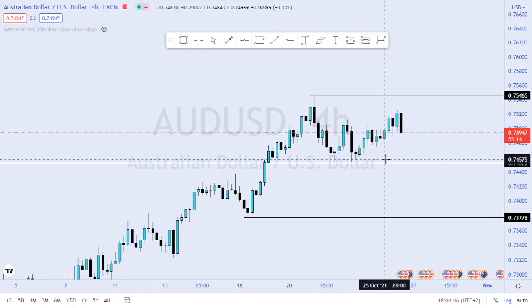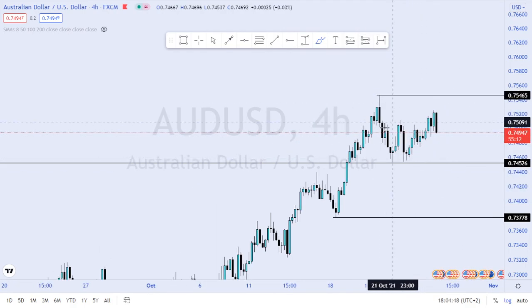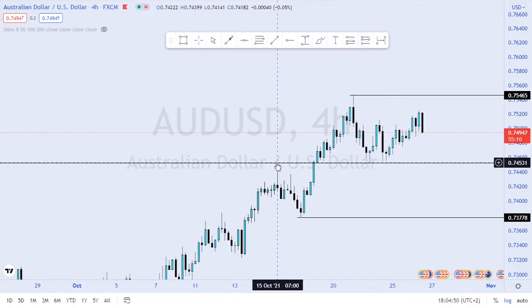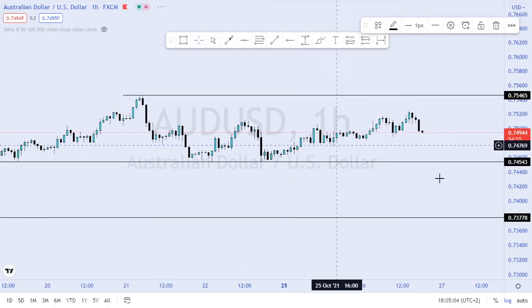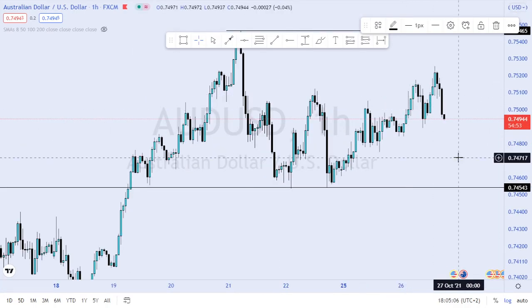Because why, you could have your confluence ready by now and say, okay, on my weekly time frame we're bullish, on my daily time frame we're bullish, on my 4-hour time frame we're also bullish. So now we just have to wait for clean confirmation before we take a trade setup. So if we even scale down to our 1-hour time frame right here, guys,